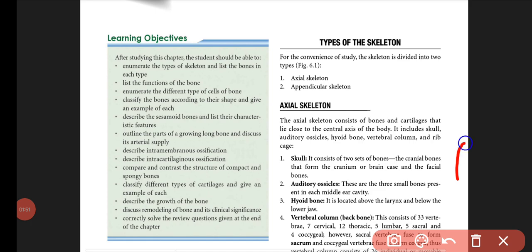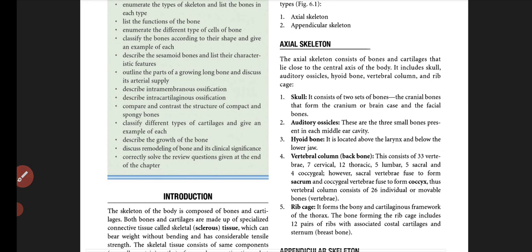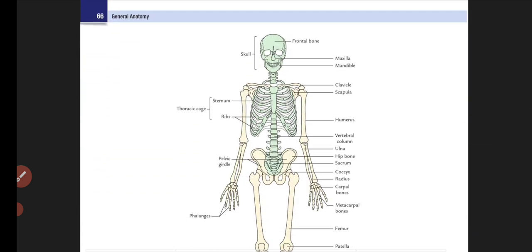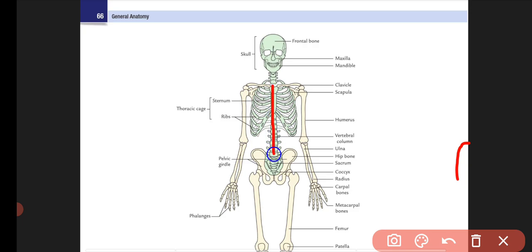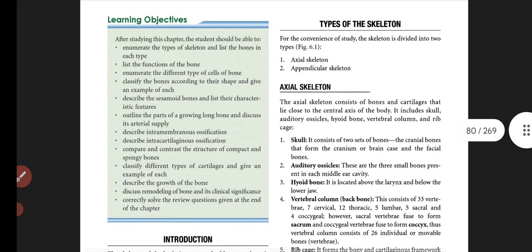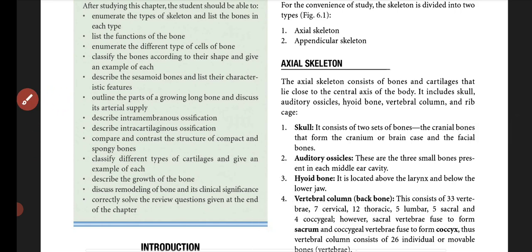Now, the axial skeleton consists of bones and cartilages that lie close to the central axis of the body. Central axis of the body means, suppose this is the central axis of the body. The axial skeleton, which lies close to the central axis of the body, is known as the axial skeleton, such as the skull bone,